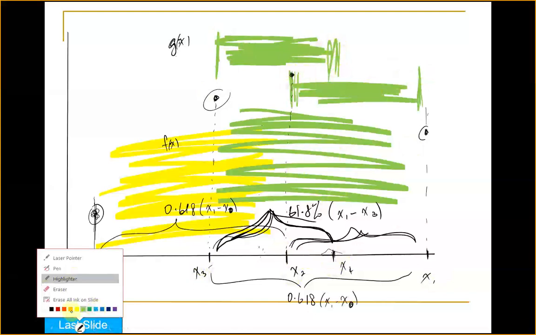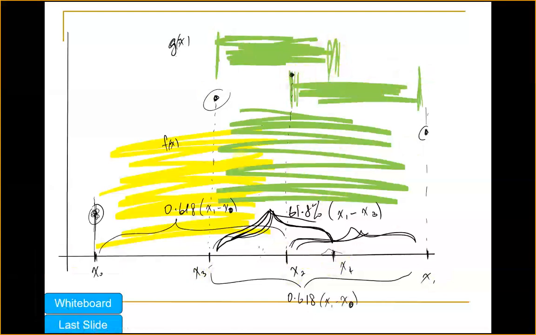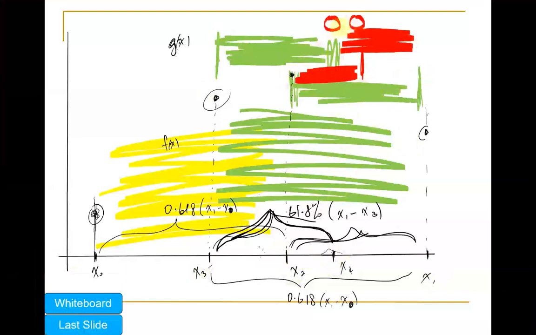Let me change that color and imagine that to be now here. So now my two ranges are either from here to there or from here to there. How do I determine which one I pick? Looking at this value and this value, I find the one that is highest, and when I find the one